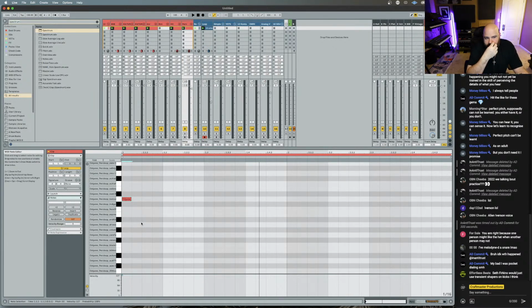I've got a bunch of percussion loops here, and some of them are pitched low, some of them are pitched high. The way that I like my stuff to sound lately is, if I've got samples that I'm tuning up, the percussion loop that I pick will be something that's more pitched down.